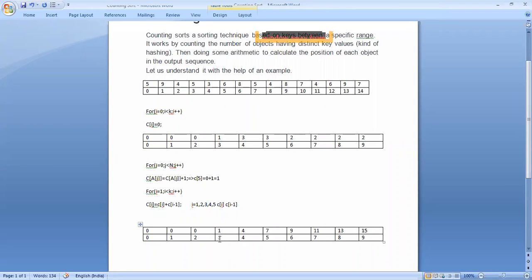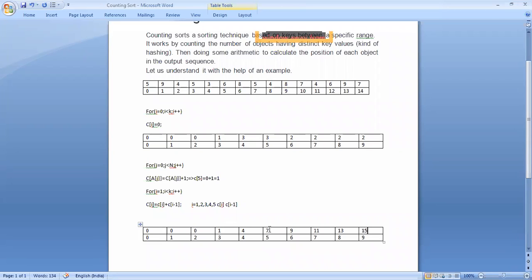So 3 and less than 3, how many elements are there? Only one element. If you check 4 and less than 4, how many elements are there? 4. Like 5 and less than 5, if you check here, that counting is coming here. Okay, so 5, 4 and 3.